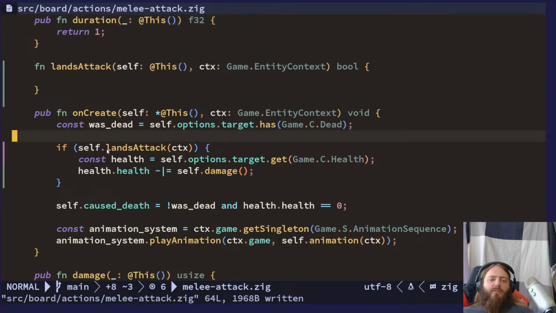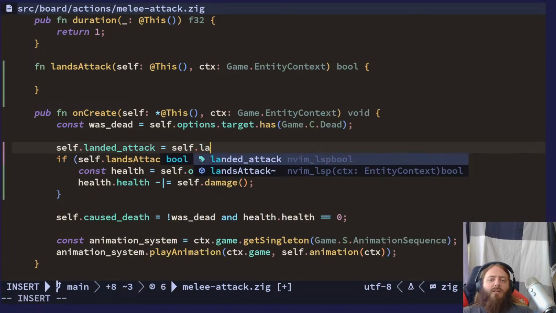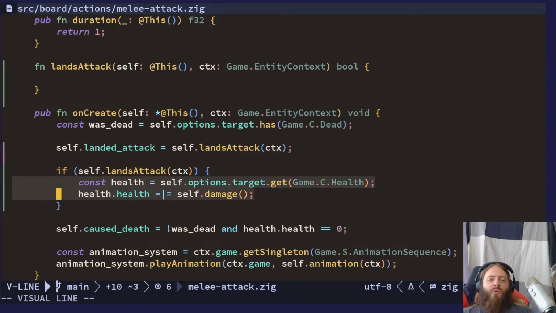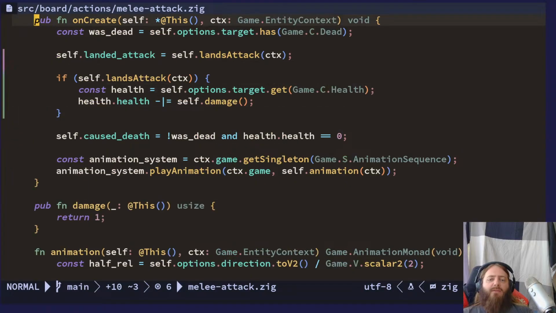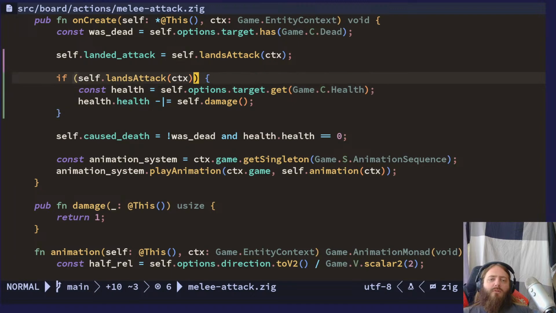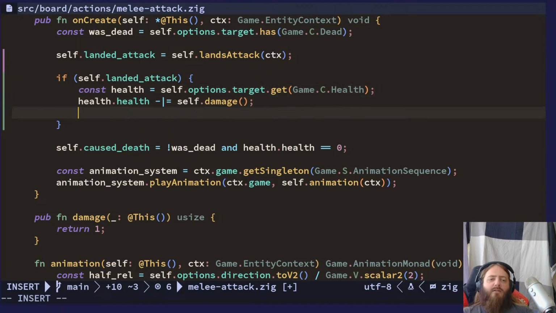I guess landed attack should be equal to lands attack. But there's two things here. We have to actually do the board update, and then we also have to create an animation based on what happened. So if we landed the attack, we will do the board update,